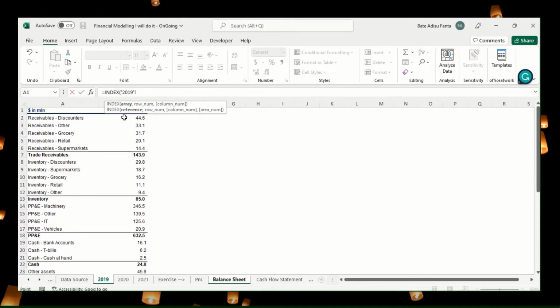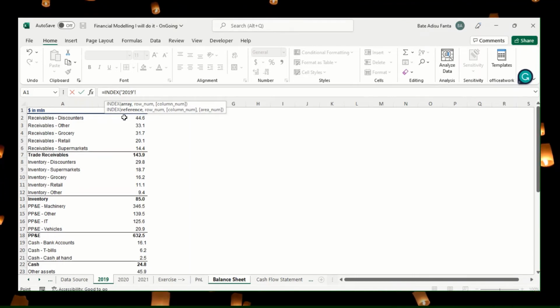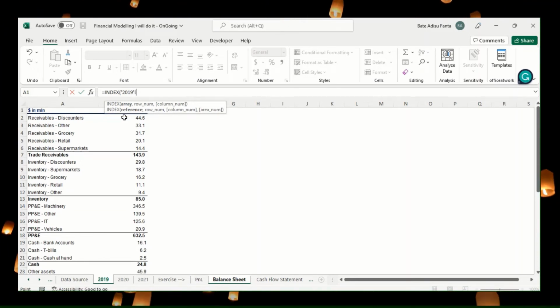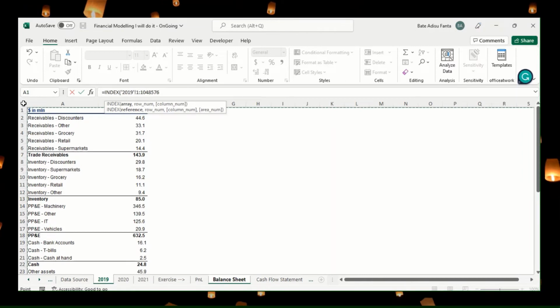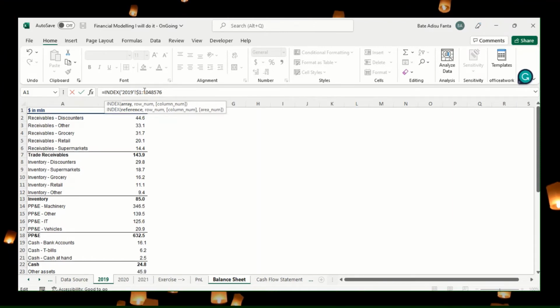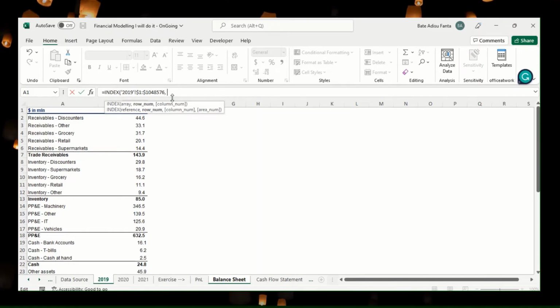The main function of INDEX is that it shows you the array of results, from which reference you are going to look for the values that you are looking for. So I select the entire sheet so that I should not miss anything because of change in format. I select the entire sheet and then I fix them all. Then I go for